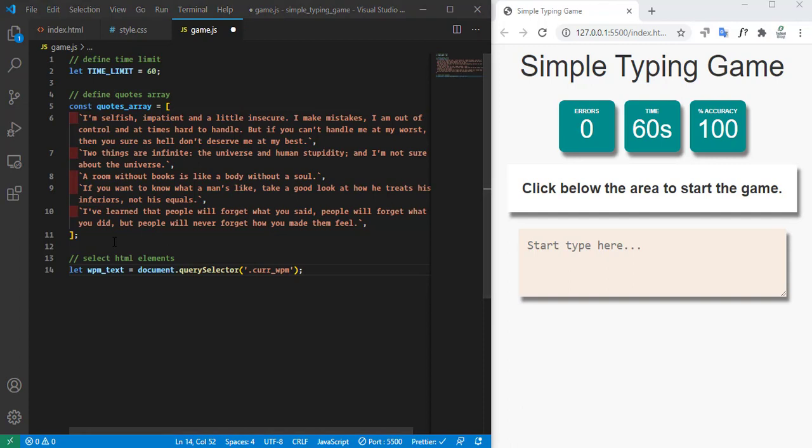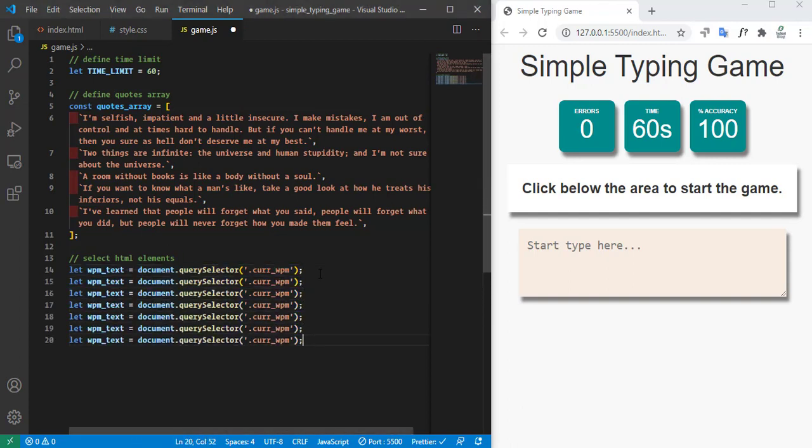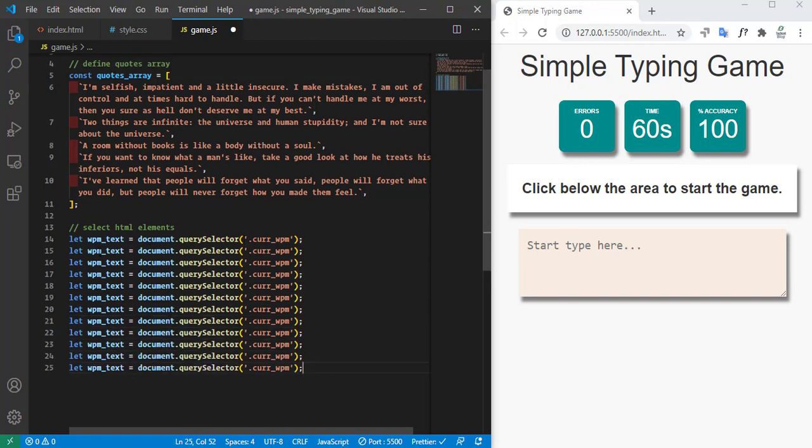Okay, and we need to copy paste. Okay, then we need to have cpm, and then error, then timer, and it is going to be time,